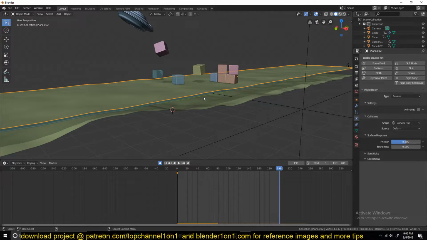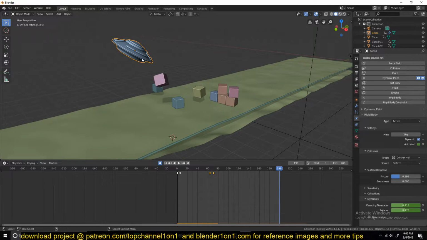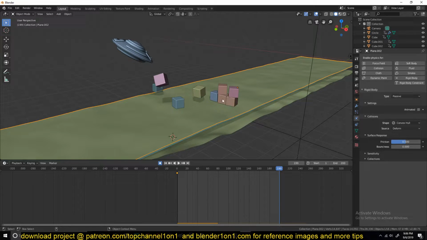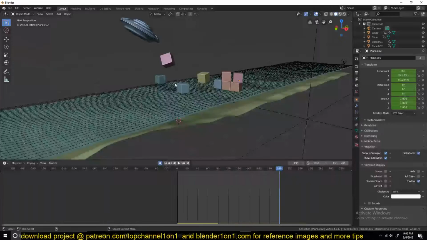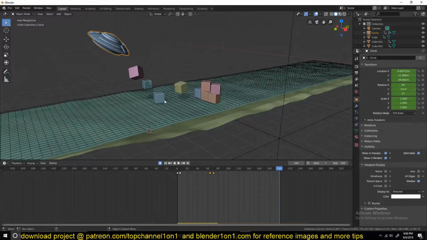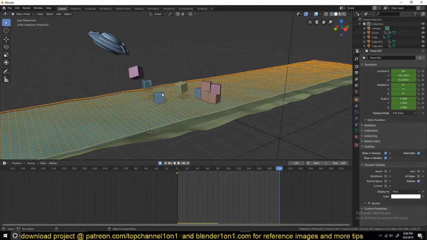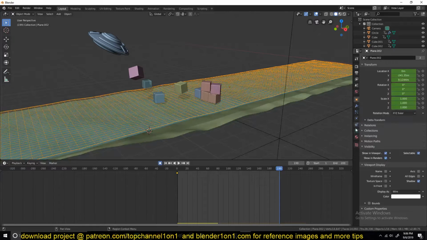So what I did is I made sure that this took up the form. First of all, I made sure that this shape doesn't collide with this surface, and for that, let me first make sure that you can easily see and differentiate this surface by making it a grid like this. I want this object, this spaceship, not to collide with this grid, because the grid is going to collect where these cubes will fall in, but we don't want it to be a collision object for this. So what we're going to do is give it its own